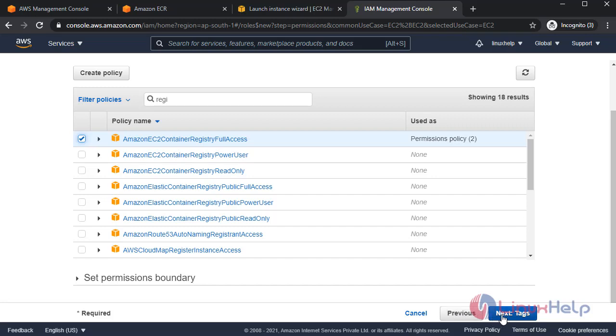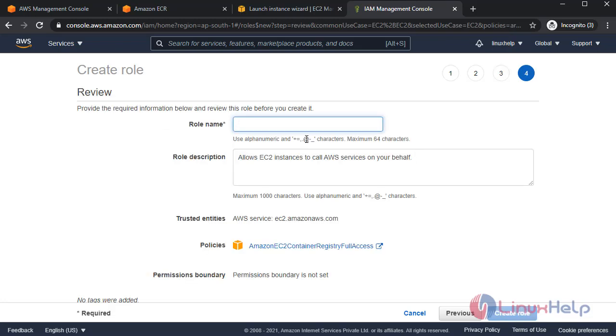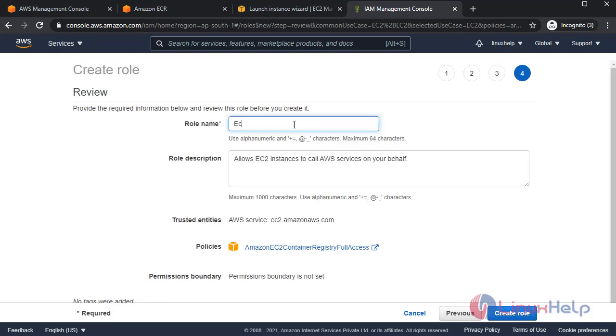Click Next: Tags. Here, I don't give any tag. Click Review. Give the role name, ECR EC2. This is my policy. Next, click Create role.